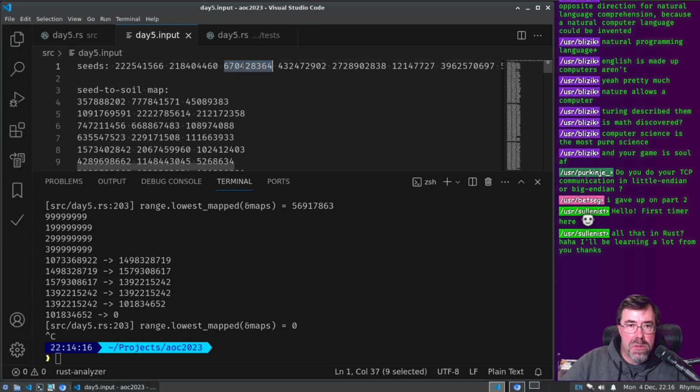Okay, what are these two numbers added together? That plus this equals.